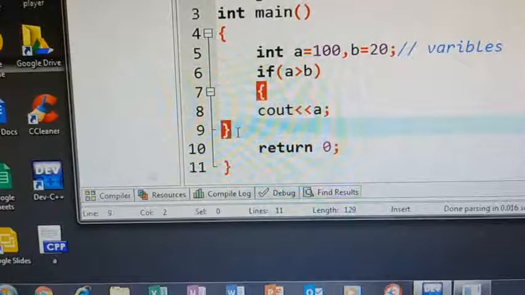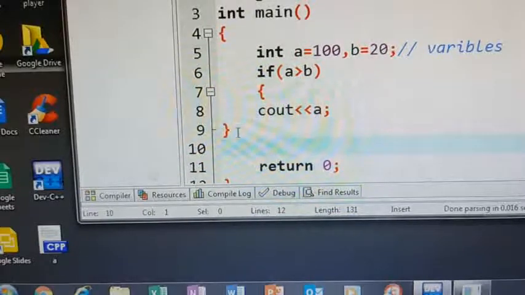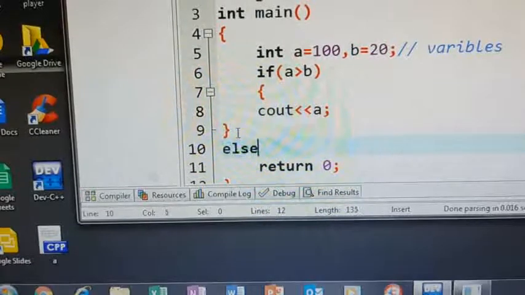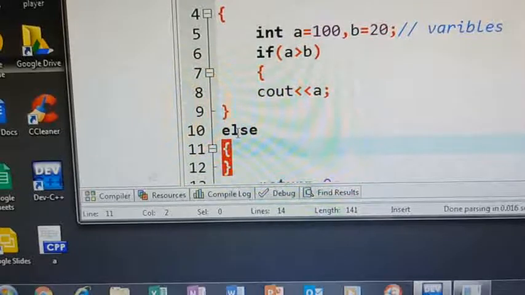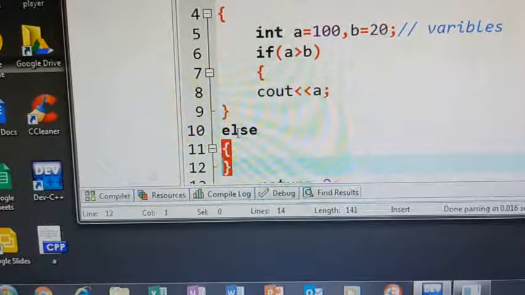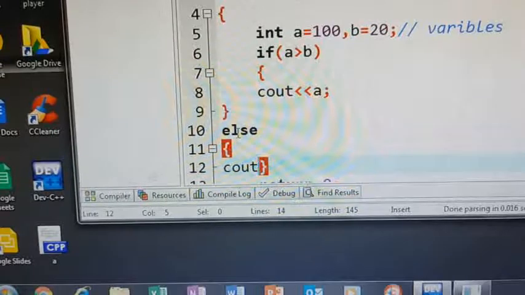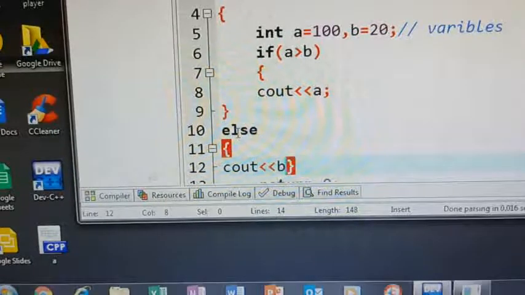What does else mean here? If the condition is false, I want to print some message or some value. Else, here print cout, I want to print B semicolon.